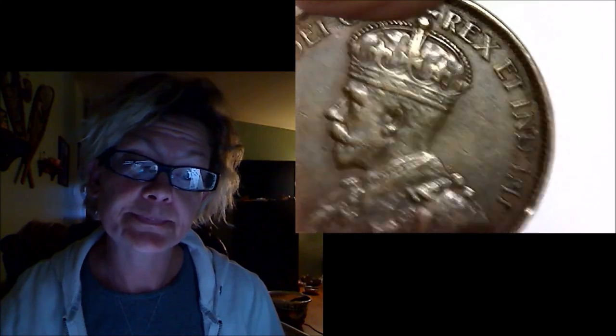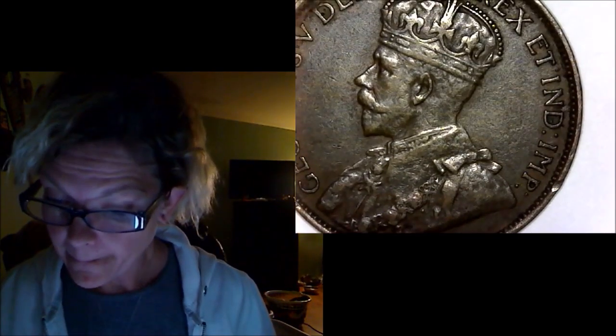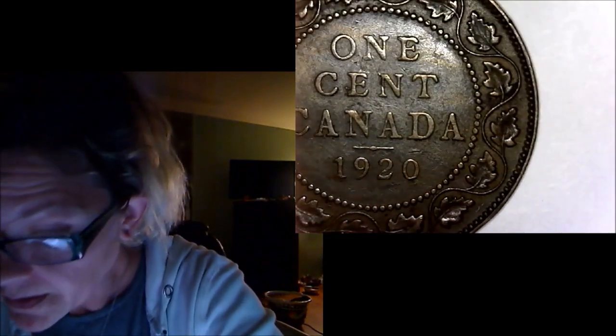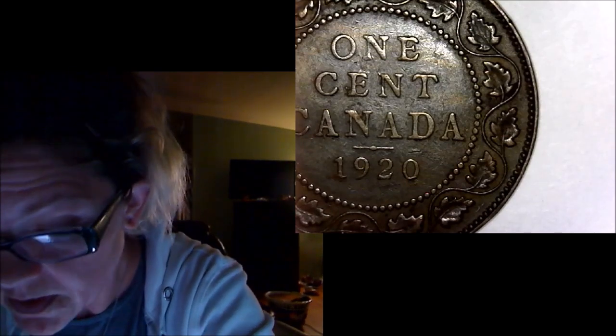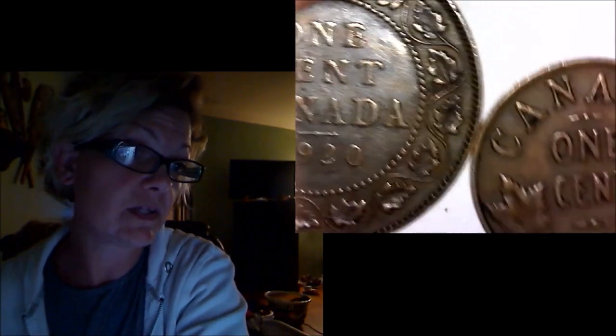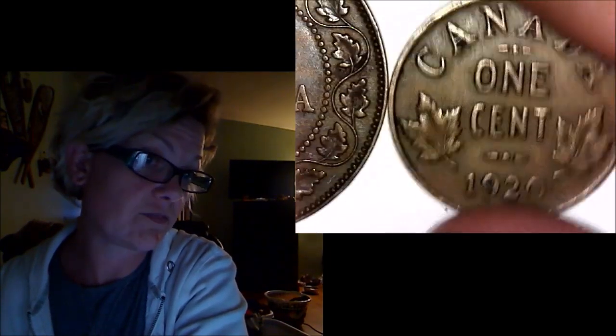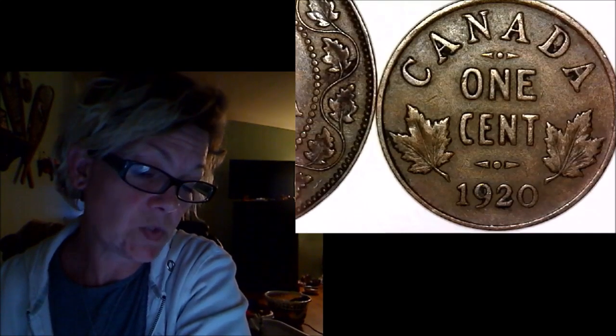Now, the cool thing about him is that he looks so stoic. But in 1920, and this one is a 1920 large cent, is when they changed to the small cent. Let's see if I can find it. And this would be the Canadian small cent. So there's quite a difference in size, and I know my camera can't fit them both in the frame, but from 1920